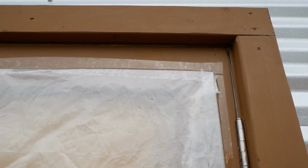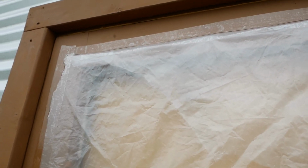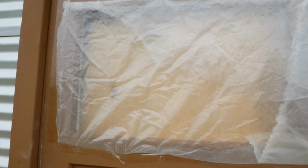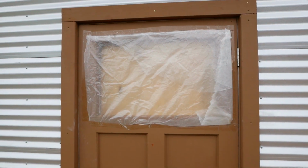Man, that clear Gorilla Tape is just amazing stuff. Really, every Gorilla Tape that I've ever used. Most of the Gorilla products are really good, but the Gorilla duct tape and this clear stuff, man, I've patched skylights with this stuff in an emergency. I mean, it will keep water out. It's amazing stuff. So I put some thick mil plastic on there, and hopefully that'll get us by